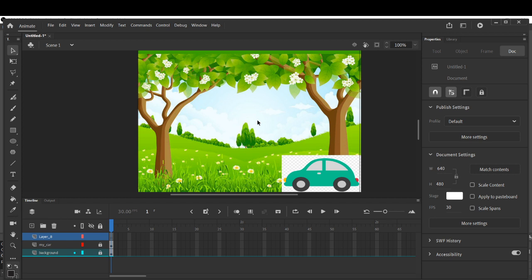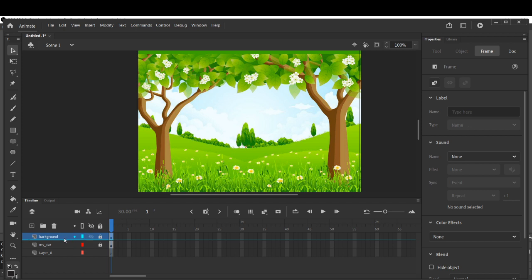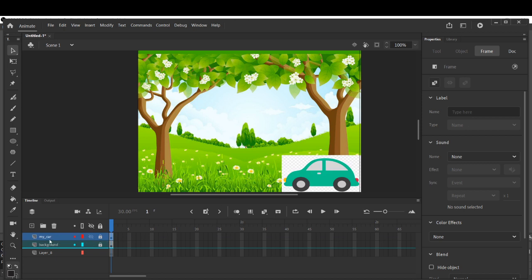Now after this we have completed how to change the order, children. See, how to change the order. If the background is at the top, we cannot see anything, but if the car is above the background, so now this layer, my car, is at the top, we are able to see this car. So how to change the order of a layer? By dragging it. And the next option, hide and show a layer. To hide and show a layer, you have to click on the eye icon. And the last option is how to lock a layer. To lock a layer, we have to click on the padlock icon.